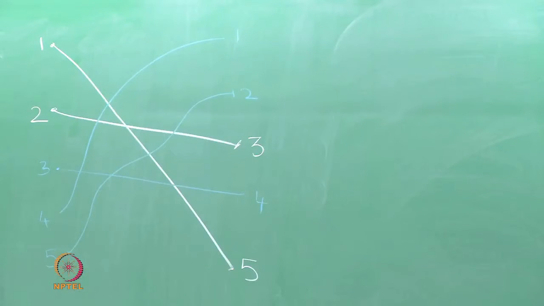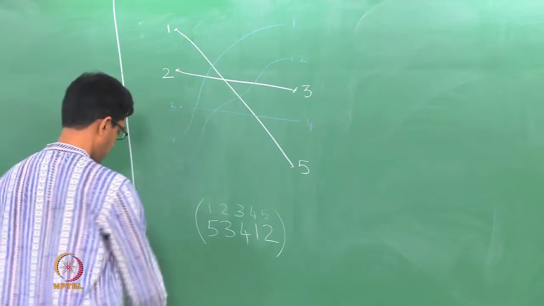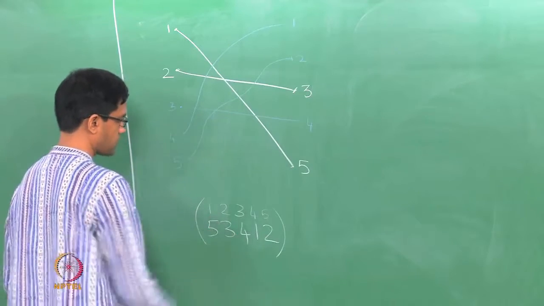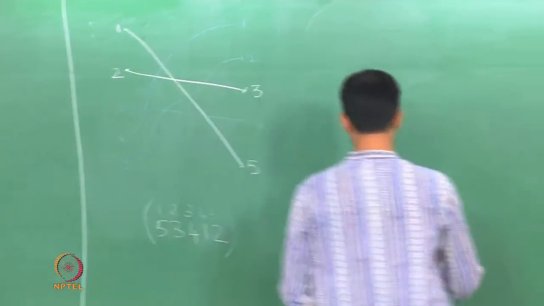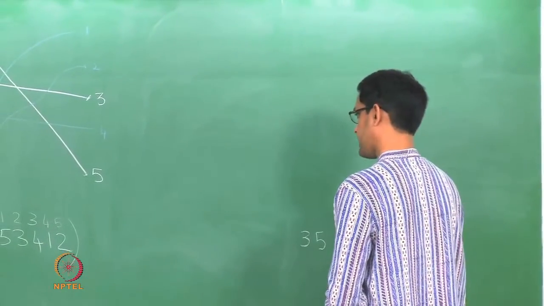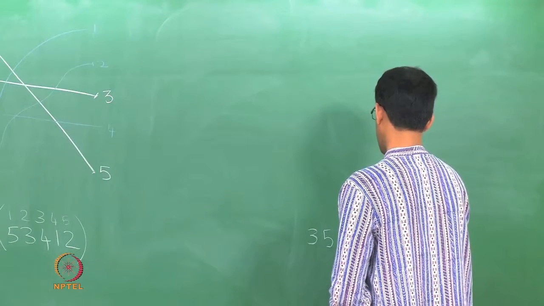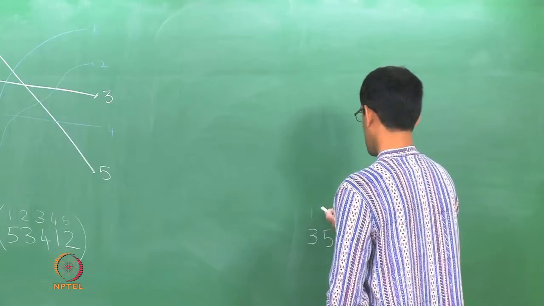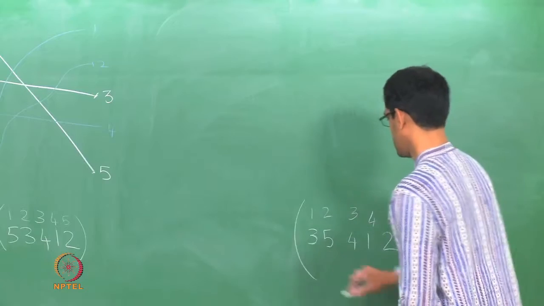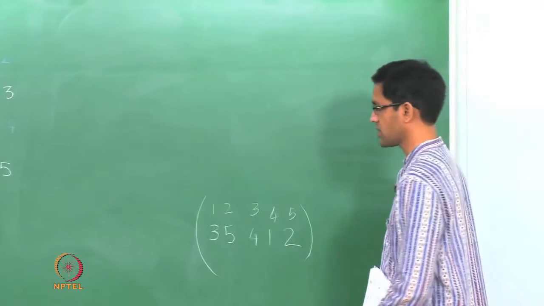Now, let us just see what happens when you do the first swapping alone. Okay. So, the first swapping, what did it do? It interchanged the positions of the 5 and the 3 because it compared just the first two numbers. So, one step of this algorithm does the following: it interchanges 5 and 3, I get 3 5, and the rest are unchanged, 4 1 2 are unchanged. So, here is the permutation which you get after one step of the sorting algorithm.